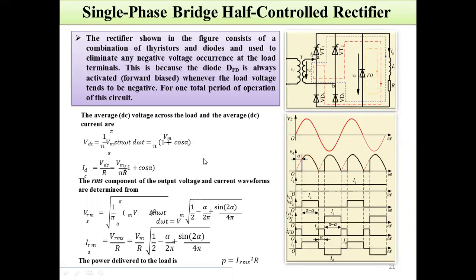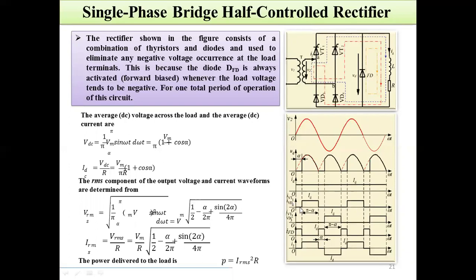And these are the output waveforms for VDC, the output voltage and the output currents. Here we are choosing a high inductance value, so the output current is shown as a constant line, a constant waveform. The inductor value has to be high with respect to the resistor. So the output current should look like this.